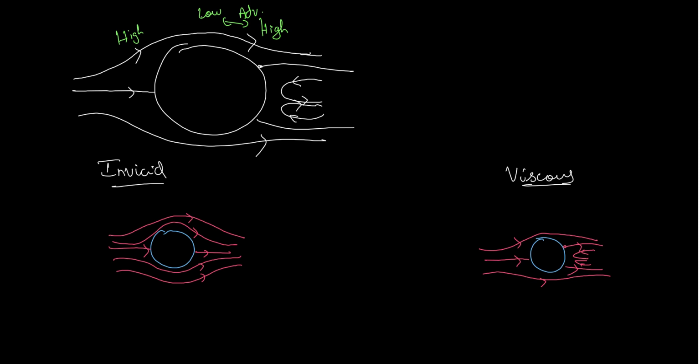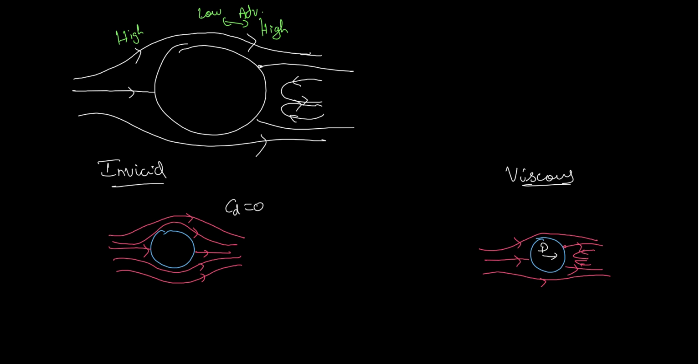But this is what actually happens, and when we try to calculate the pressure distributions on the right half and left half of the plane, we'll observe that there is a drag being produced. But when we try to do the same in an inviscid case, we'll get the drag to be zero. This is also called D'Alembert's paradox. We also calculated this analytically in our first video.